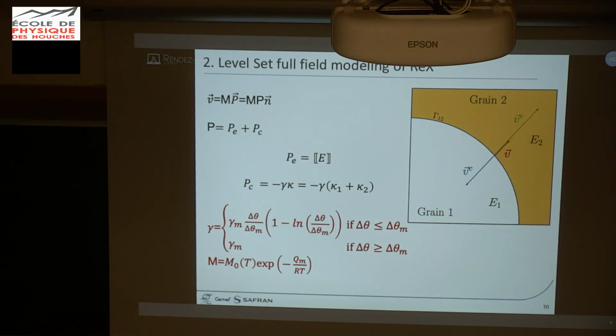Okay, now I explain to you that, compared to classical phase field simulation, in level set simulation all is defined by a kinetic equation at the grain interface, and not by direct minimization of a given energy, but by using a clear kinetic law to stimulate the minimization of the system energy. And a very classical law, introduced 70 years ago, is defined by the equation at the top left of my slide, where you can see a relationship between the velocity of the grain interface, defined as the product of the mobility of the grain interface and the driving pressure